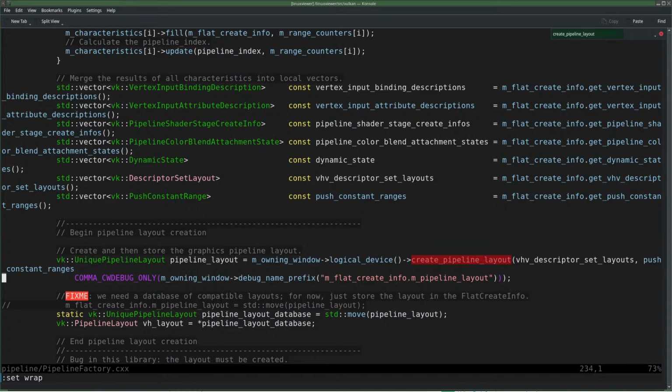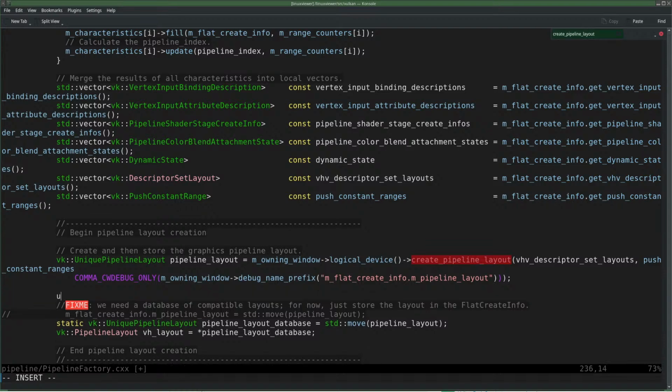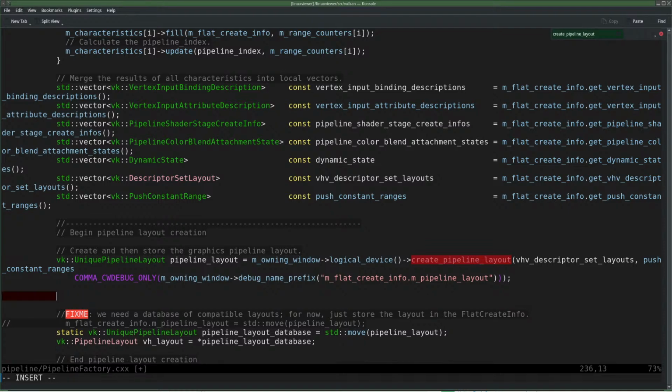So what I want is a hash. Do I want a hash? Yes, because it's really too big. The amount of information in here is just too big, I think, to store in the map as a key. Or is it? I don't know. Maybe not. But then, well, standard hash is just a size type, right? Let's use a size type. Hash. Choose something longer. Pipeline layout hash